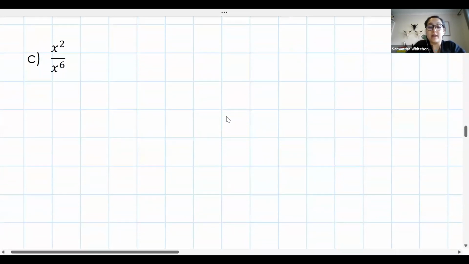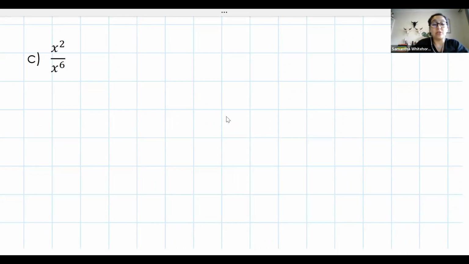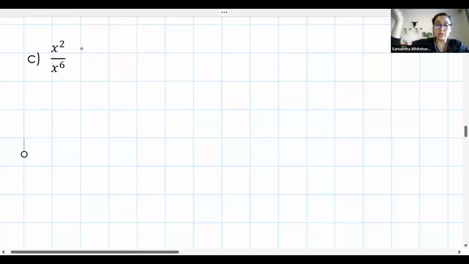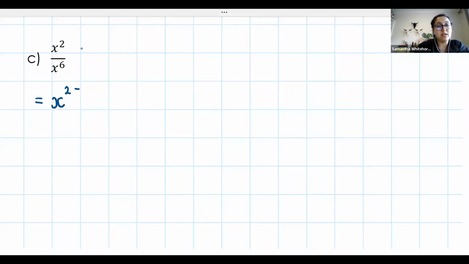Now, I don't want you to panic because we will eventually talk about negative exponents, but this is also why I don't actually use this and I use cross cancelling rather. So again, I'm going to show you two different ways. You decide how you want to do it. If we use our law, it tells us to take the numerator's exponent and subtract the denominator's exponent. Now, when we get an answer of -4 in my exponent,